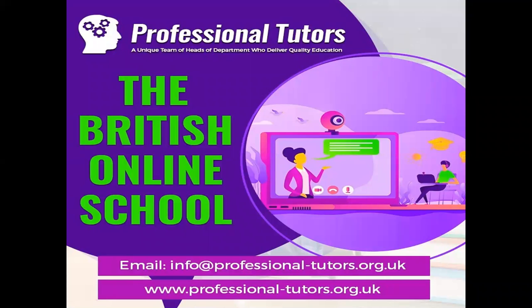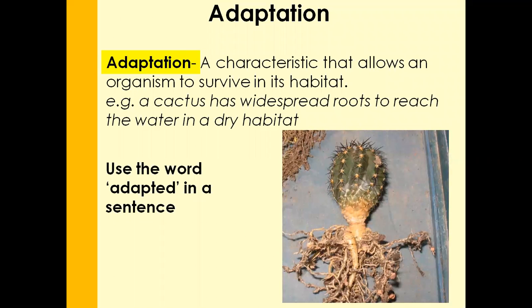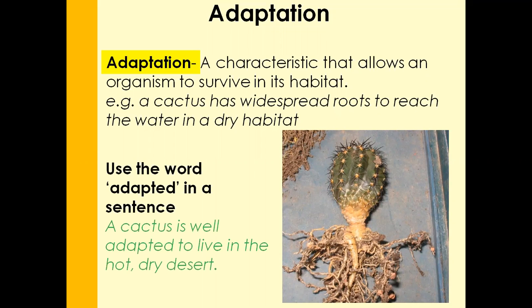In this lesson, we will talk about adaptations. So adaptations are ways in which species change over time in response to changing environment. Organisms adapt so that they can compete for resources, resulting in a better chance of survival. So for any organism to survive, it has to be adapted to its environment or habitat. Adaptations can be physical, behavioral, or structural.